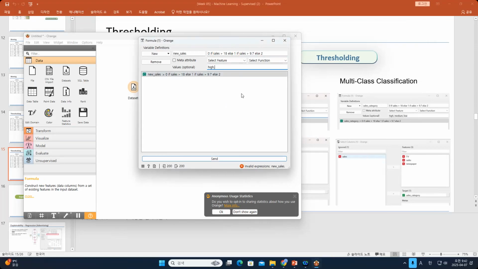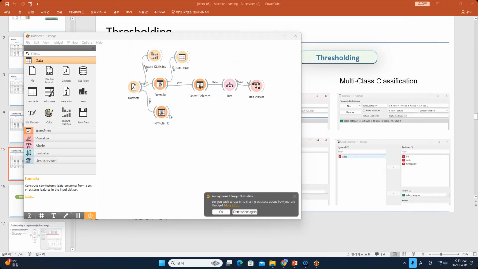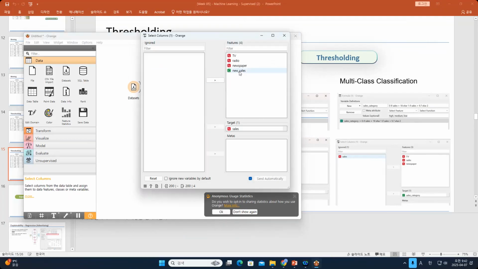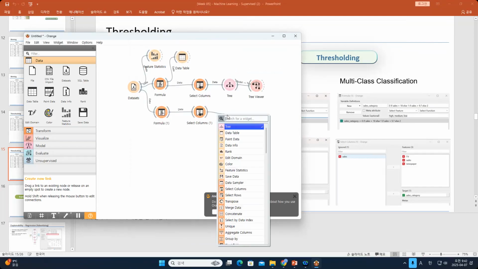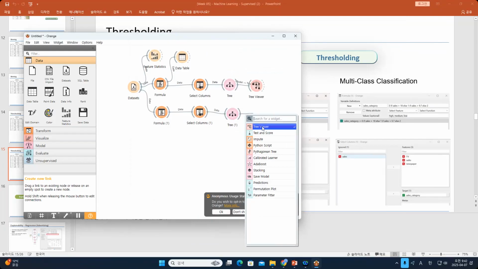This is high. This is medium. And this is low. After you set up this one, select the column. I want to make the new sales as the target, and then the sales will be ignored. So I will not use the sales. I will just use the new sales, and then I can make the tree, and then I make the preview,